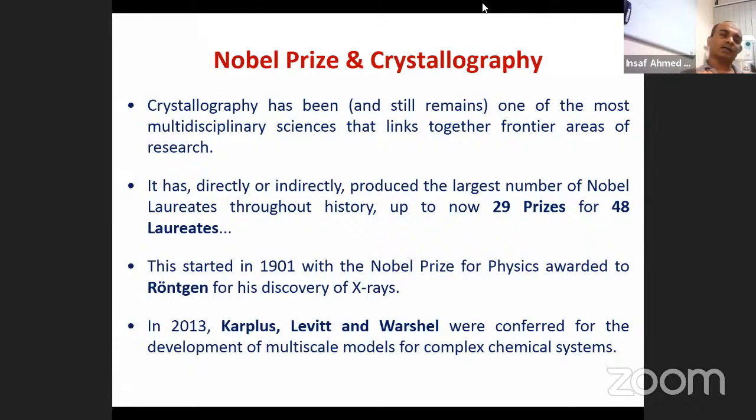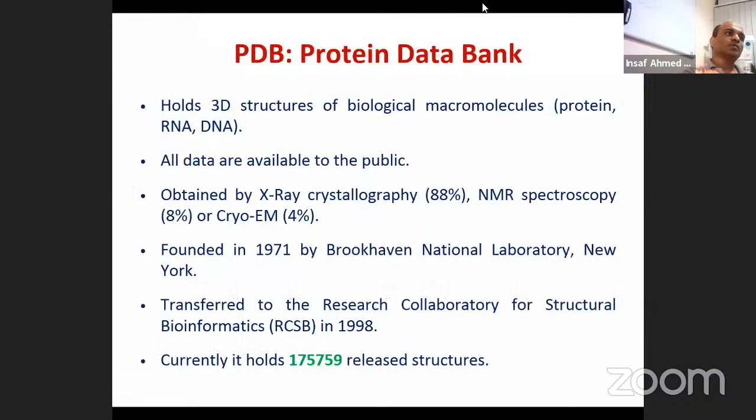This started with the discovery of the X-ray in 1901, with the Nobel Prize for Physics awarded to Röntgen for his discovery of the X-ray. And recently in 2013, Karplus, Levitt and Warshel are the latest ones who got the Nobel Prize related to X-ray crystallography. They received the Nobel Prize for the development of multiscale models for complex chemical systems. So this is about